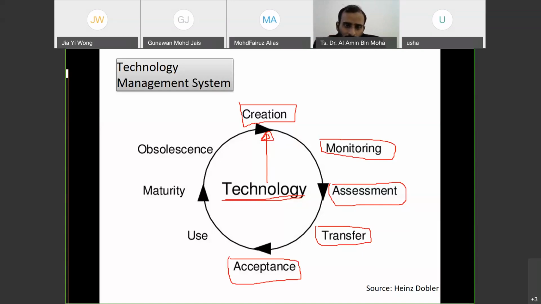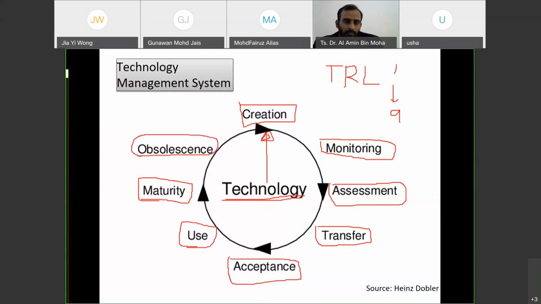And if you're familiar with TRL for technology, we have the technology readiness level. Okay, it started in relation to aerospace by NASA. They have 1 to 9, if I'm not mistaken. So 1 is like an intention to start the technology, and 9 is when it is available commercially. So people start to use the technology, and it will come up to one level where it is matured, and then it's going to decline.